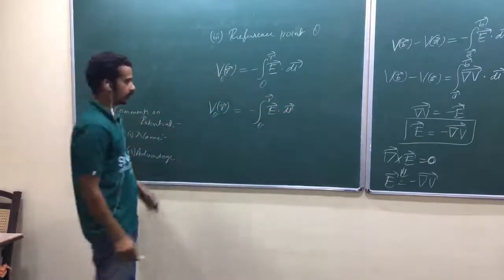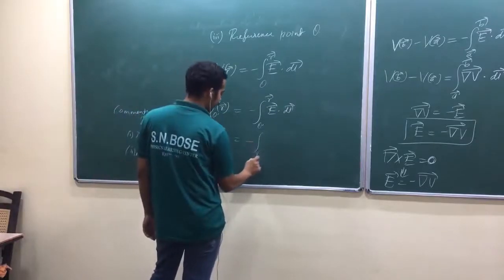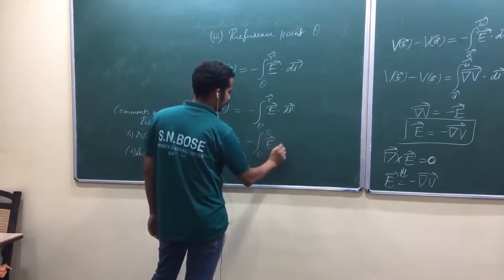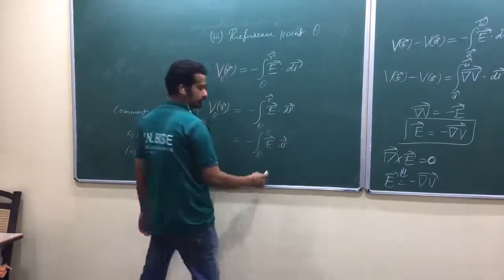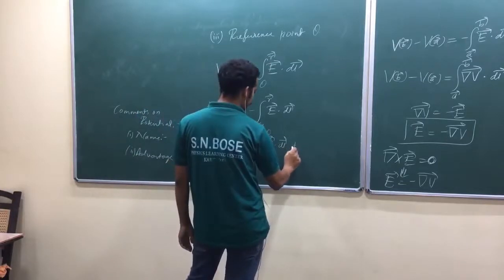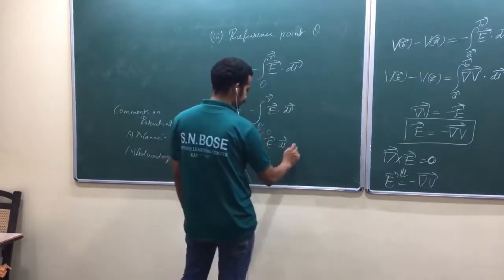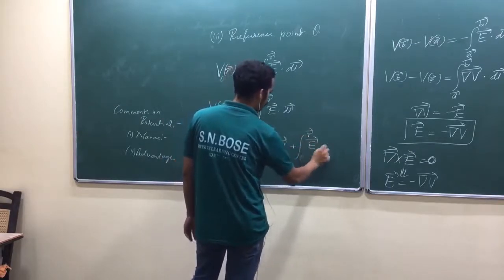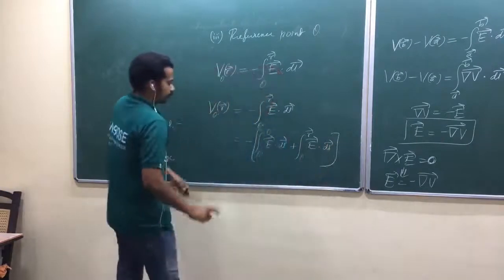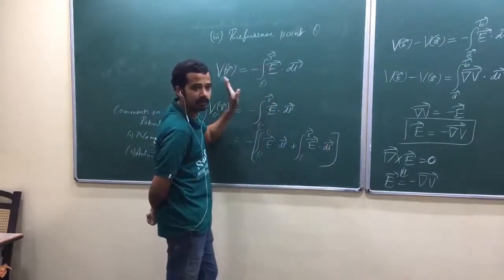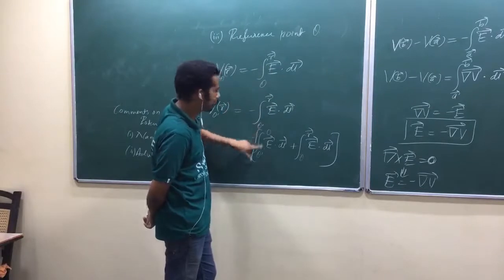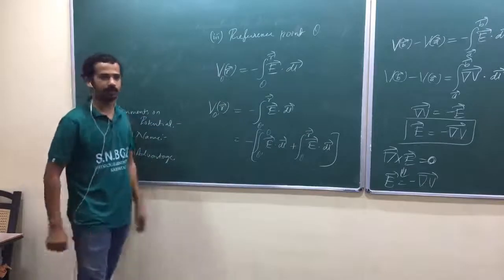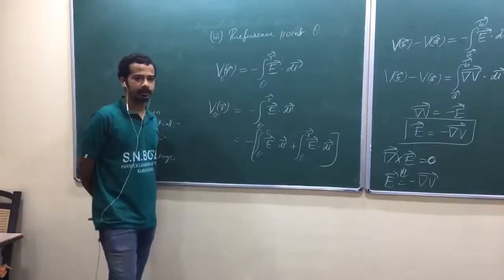Now what I do here is write the integral from O prime to O of E bar dot dl bar, plus the integral from O to R of E bar dot dl bar. These are points in space. Can I write it like this? Check it out. You can choose any path. I'm choosing the path from O prime to O and from O to R. This integral should equal the original one, because the line integral is independent of the path.